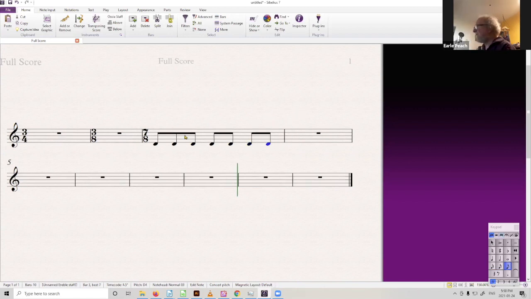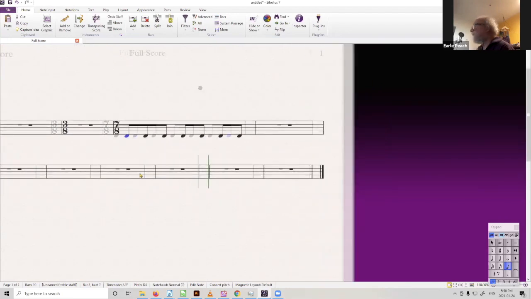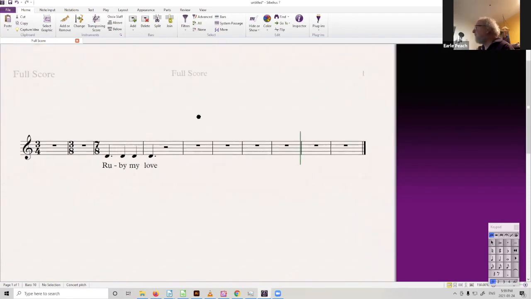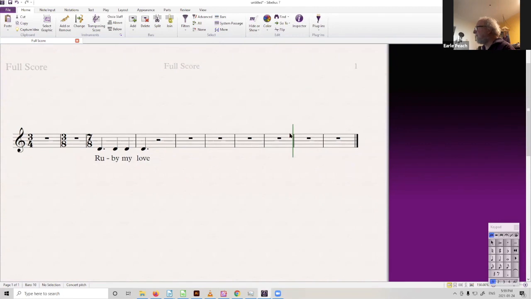It beams them very nicely and obediently together. If I were going to write that down, it would be like this. That's Ruby, my love. Ruby, my love. You'll be my love. Right. You'll mostly hear rhythms like that in Eastern European music from different cultures, but there are Western songs that